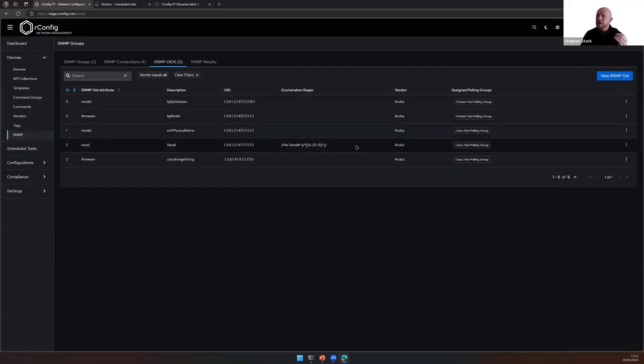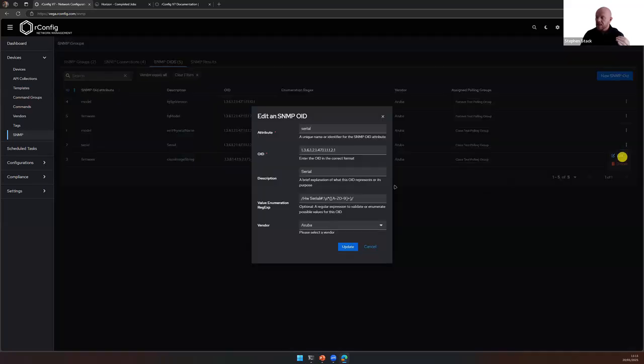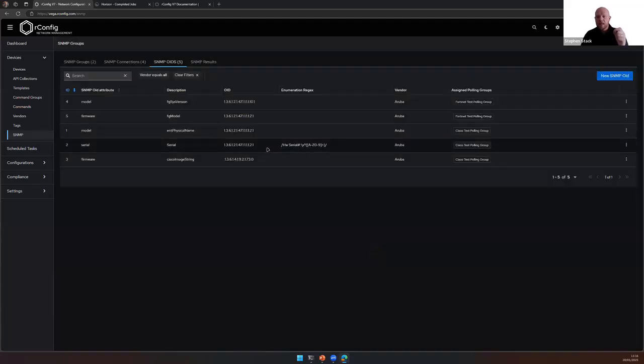The key difference is that we're enabled to place a regular expression pattern as part of the settings for the second one. Same OID as the firmware, but now what we can do is extract specific values,